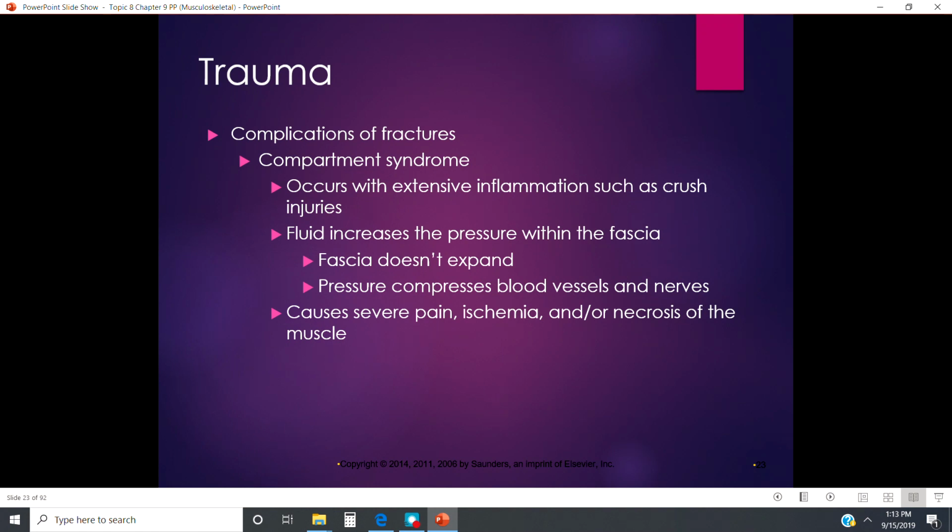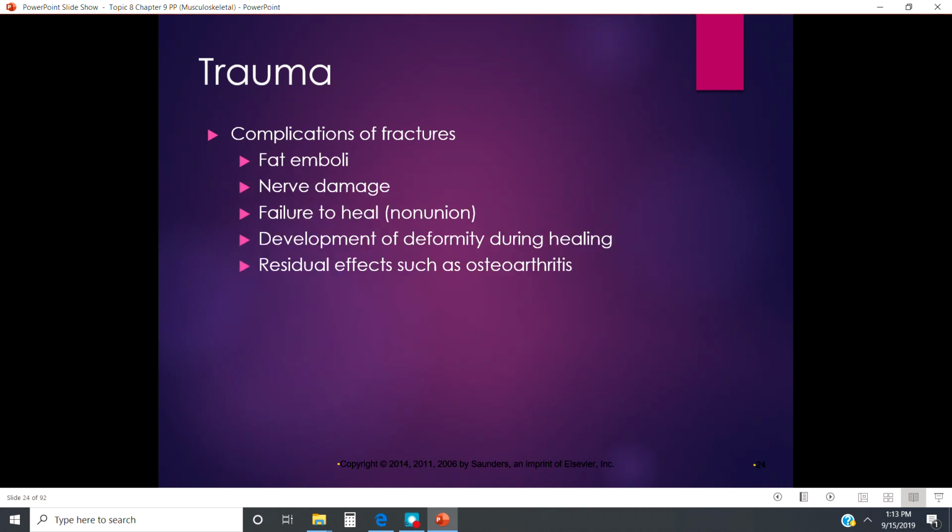Right, so the patient will have severe pain. They'll have the ischemia, right? The blood vessels become compressed, and then hopefully it doesn't lead to this, but it could actually cause death to the muscle tissue. Like I said, they'll do an emergency surgery